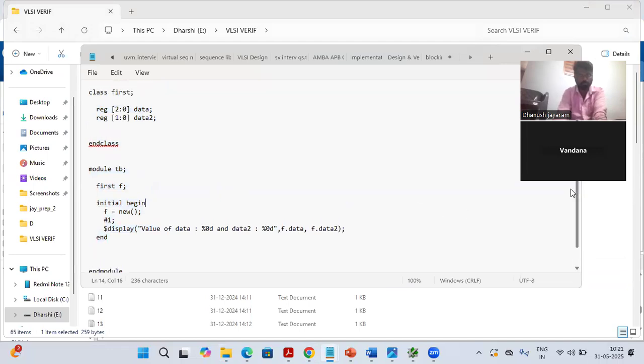Now we will see class first. That class handle we are creating in a module. Module is a static component. Class is a dynamic component. And f equal to new. This new always creates an object, or we call it an instance. In this handle, we are creating